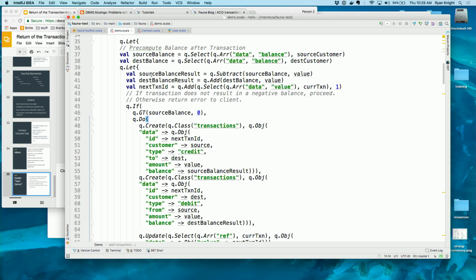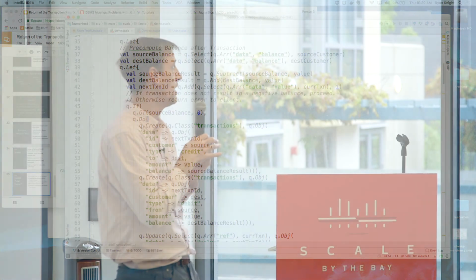I want to look at your source balance, and once I take out your source balance minus your value, are you still going to have enough money to make this transfer? So I'm saying, is the value going to drop below 0, so I can't approve this transfer, or is this going to be allowed? So I get the source balance, the destination balance, and I do some math to see if the math works out.